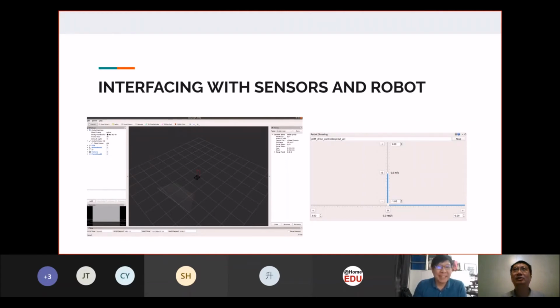So maybe you can share with us a little bit about this SDF and what the differences are between ROS and Gazebo, especially when we want to simulate, for example, obstacle avoidance or collision, right? Yep. I think the biggest difference is the part on visual. Let me just show you this one.